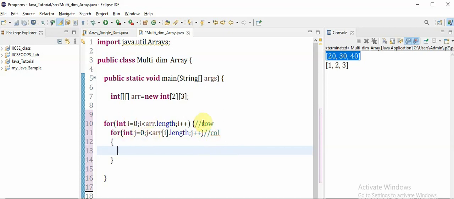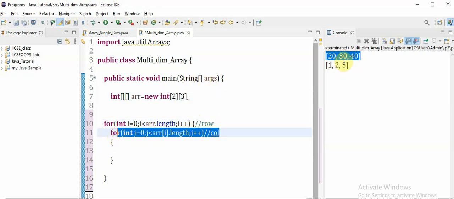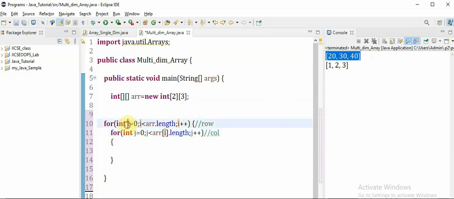So now you can see this for loop. The outer for loop is for specifying the row, and the second for loop specifies the column. We have to take each row. For specifying the first row it is a of 0, right? So instead of directly saying a of 0, we know that here we are putting the i value. So the i value here goes from 0 and 1, since we gave i less than arr.length.